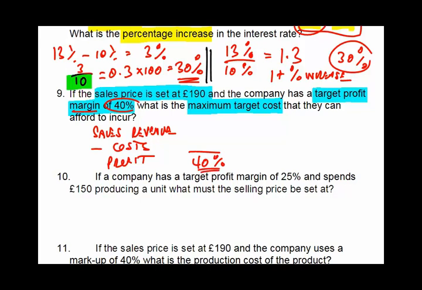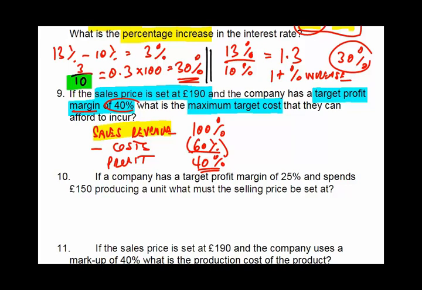We then just need to remember what margin means, or what it's short for. I think of margin as being short for margin on sales. So it means that 40% relates to the sales revenue. So the sales revenue would be 100%, giving a profit margin of 40% of those sales figures. To get from 100 to 40, the cost being deducted would therefore have to be 60% of the sales revenue. So you can see I can build up almost like a skeleton profit and loss in percentage terms,